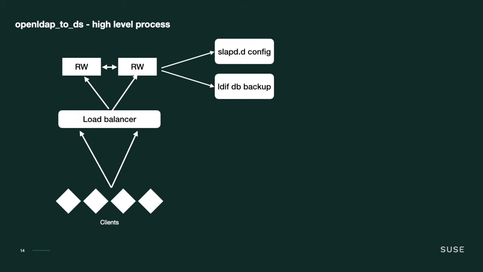We only need one of them. We just need its slapd.d config, which is the dynamic version, and we need an LDIF backup. If you're using the static config slapd.conf, it's possible to convert this offline and on a different machine from slapd.conf to the slapd.d config, and this is documented. So you don't have to adopt slapd.d if you don't want to, it's just that that's what we need for